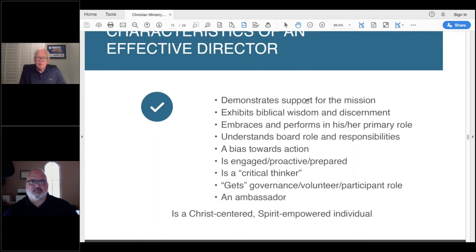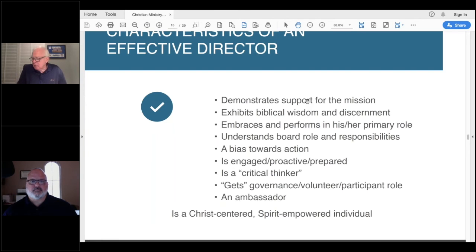And someone who gets the governance versus volunteer versus participant hat. Well, a problem I've seen is with a little bit bigger boards, which are a little more governance oriented than operational. They show up at a golf outing to be part of the volunteer group and they act like they're a board member. Well, you really don't have your board member hat on there. You may be volunteering to help with the golf outing, but you're not acting as a board member there. So that's a separate role. Or the board member comes out of a board meeting and goes and talks to some of the staff, tells them what to do or stop doing whatever, completely verboten. That should not be. So a good board member understands where their role starts and where it stops.